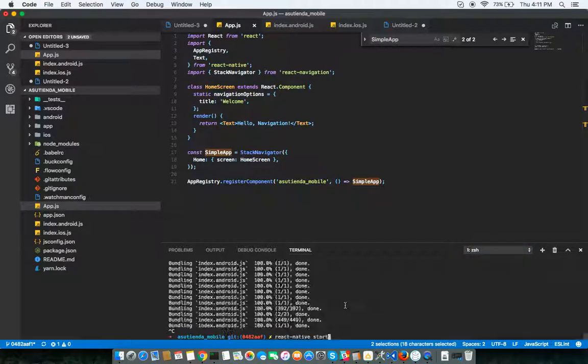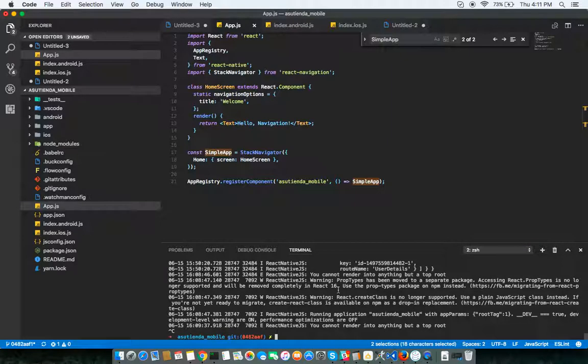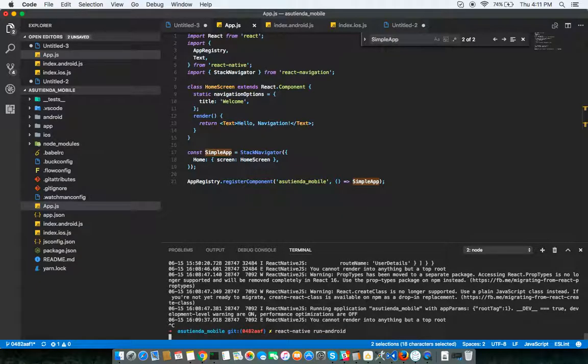Yeah, I'm going to run react-native start, and let's see what happens. So the second step is to trigger the Android application,